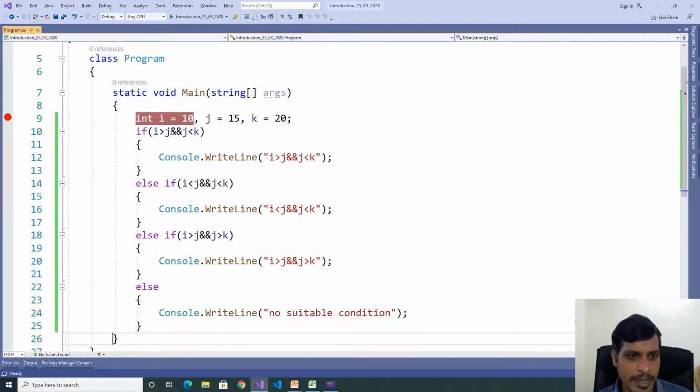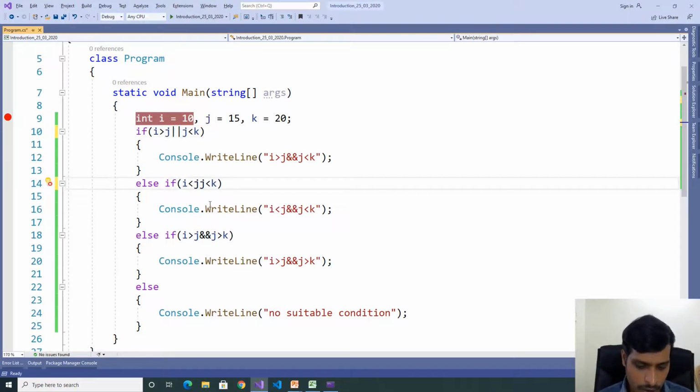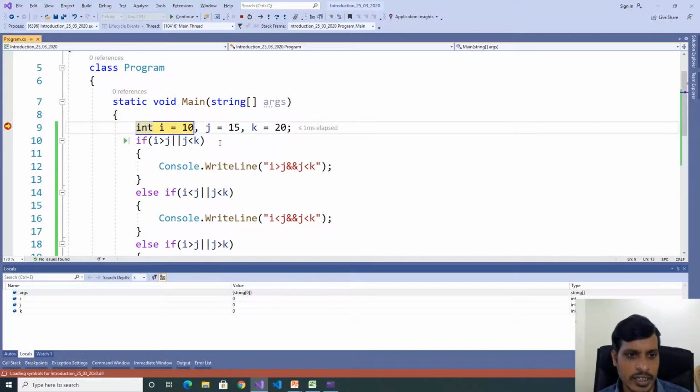Now we'll change the AND operator. We'll use the OR operator. Remove this one. OR, here OR. If you use the OR operator, then if any one condition is true, the statement is true. F11, int i is equal to 10, j is equal to 15, k is equal to 20.